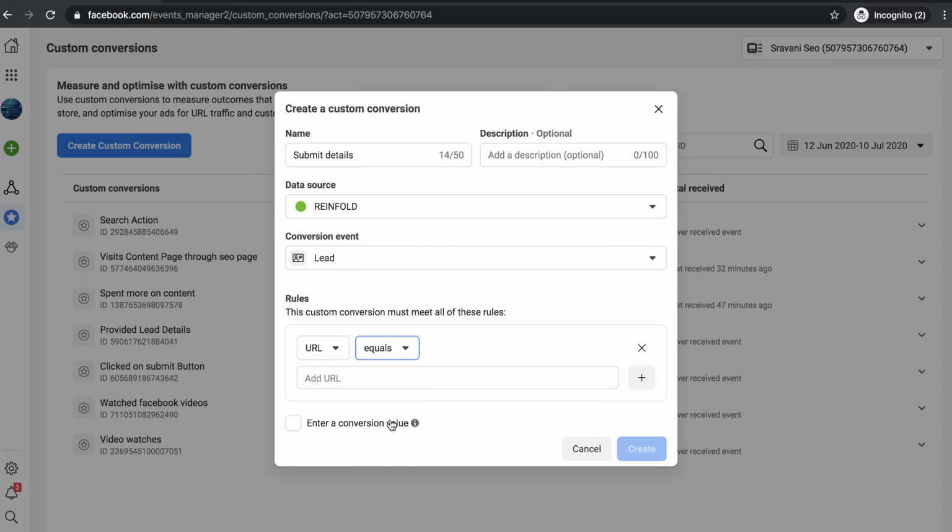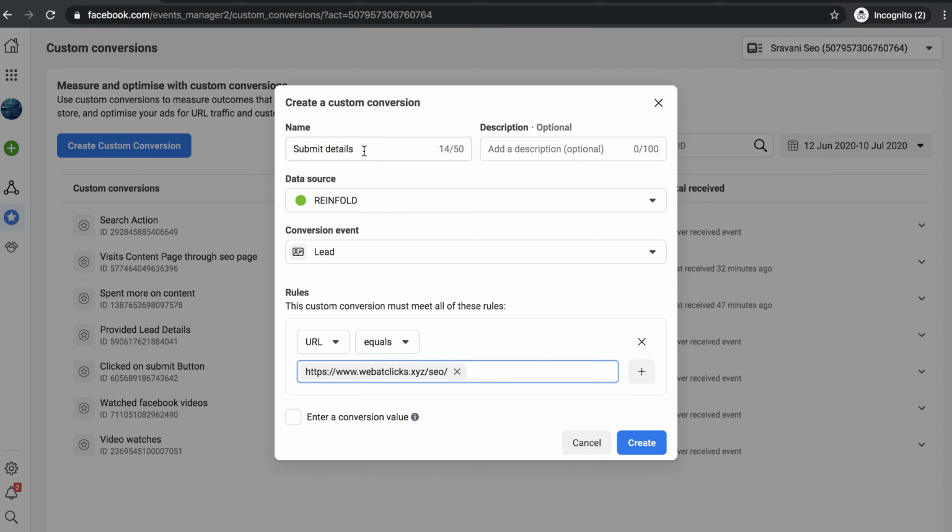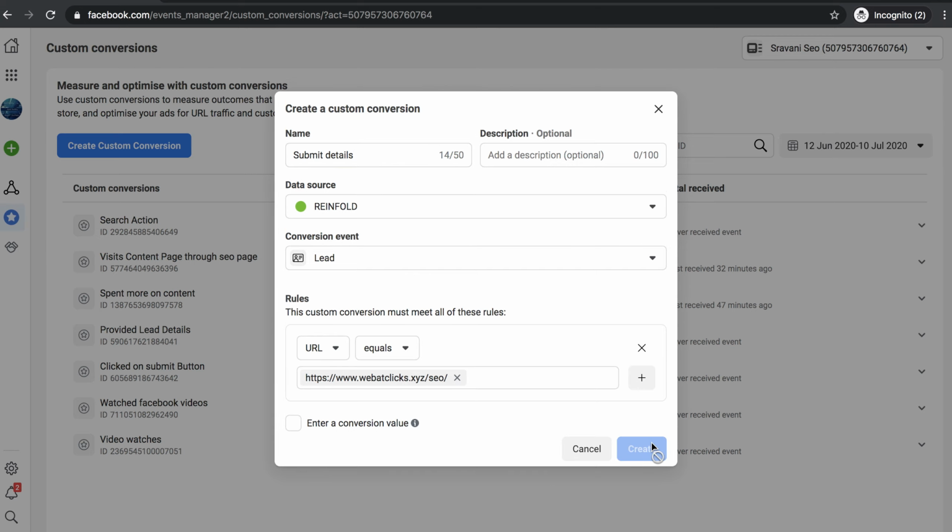Here I am using equals. That means those who have submitted the details on the contact page, sign up form, especially on my home page. So I would like to optimize my Facebook ad to target the leads who have submitted the details of the sign up form on my home page itself. So this is one create.